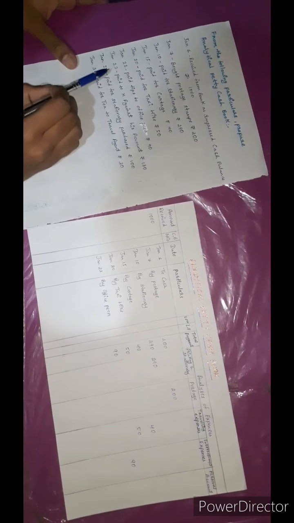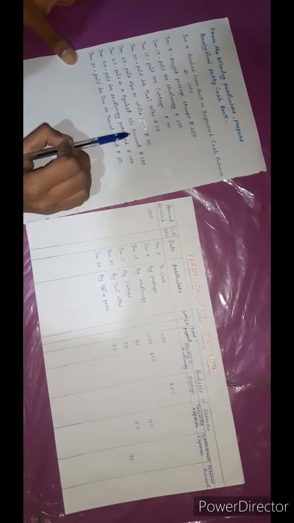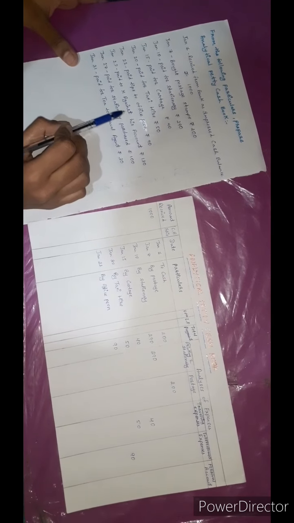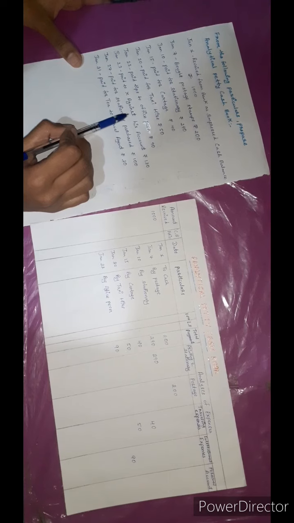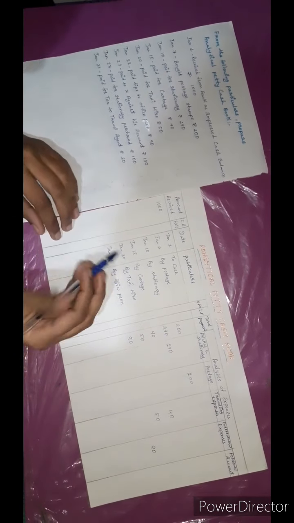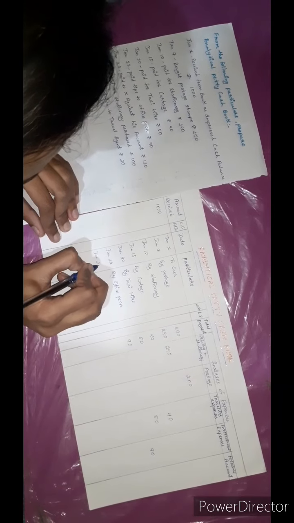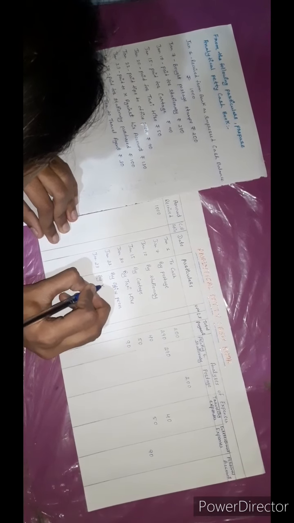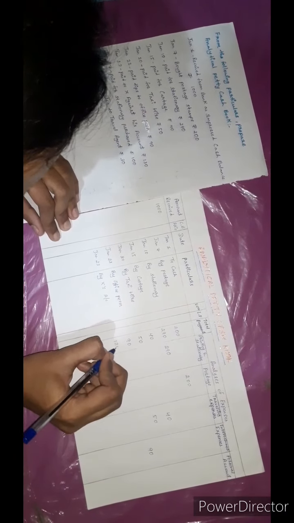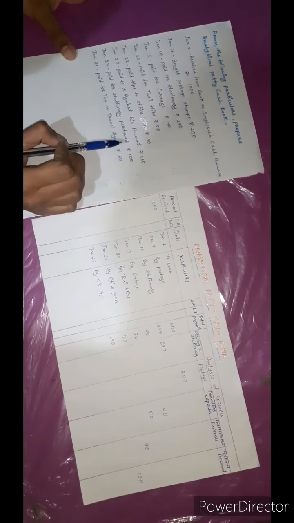And the next one is Jan 23rd, paid to X against his account rupees 130. It means we are paying amount for him, but in future he has to again pay us, so it will be against. So Jan 23rd by X account and the amount is 130. So this becomes a personal account. And the next one is Jan 27th, paid for stationery purchase rupees 100. Jan 27th, again it is stationery. By stationery